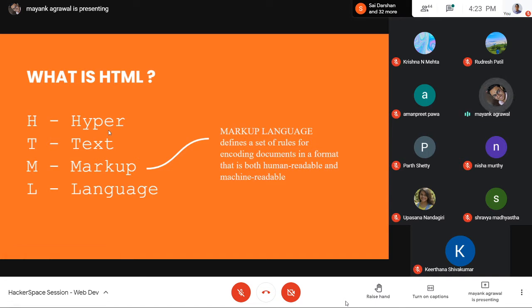It can be read by both, because we as humans are typing it, so it needs to be easy, and we should be comfortable to type it, whereas the machine should be able to read it in a proper manner. When we talk about programming languages, they are a bit different. While typing, it's more user friendly, which is human readable, but then it is interpreted or compiled by some compilers or interpreters, whatever type of language it is, and then it is fed to the machine so that the machine can also read it. So keep in mind that HTML is a markup language.